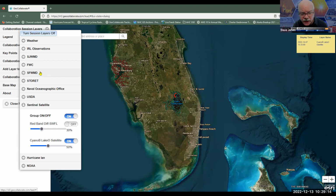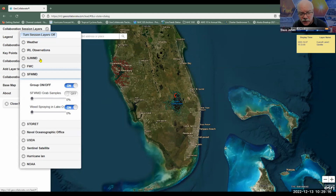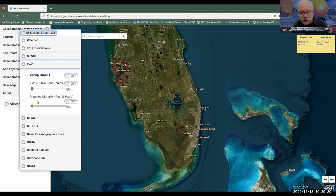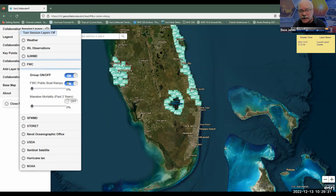So there are boat ramps, there are other sorts of infrastructure data that you can bring into GeoCollaborate and share that for all of the followers. And so, for example, as I turn on the boat ramps around the state, you can see that data comes